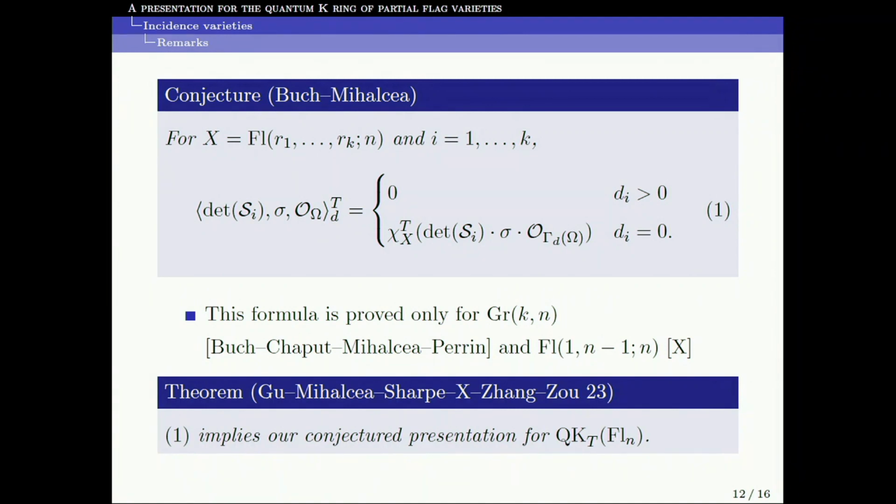If we assume this conjecture, we can also prove our presentation for the full flags. However, it's not going to give us the presentation for general partial flags. That's because we can't always reduce our conjectured relations